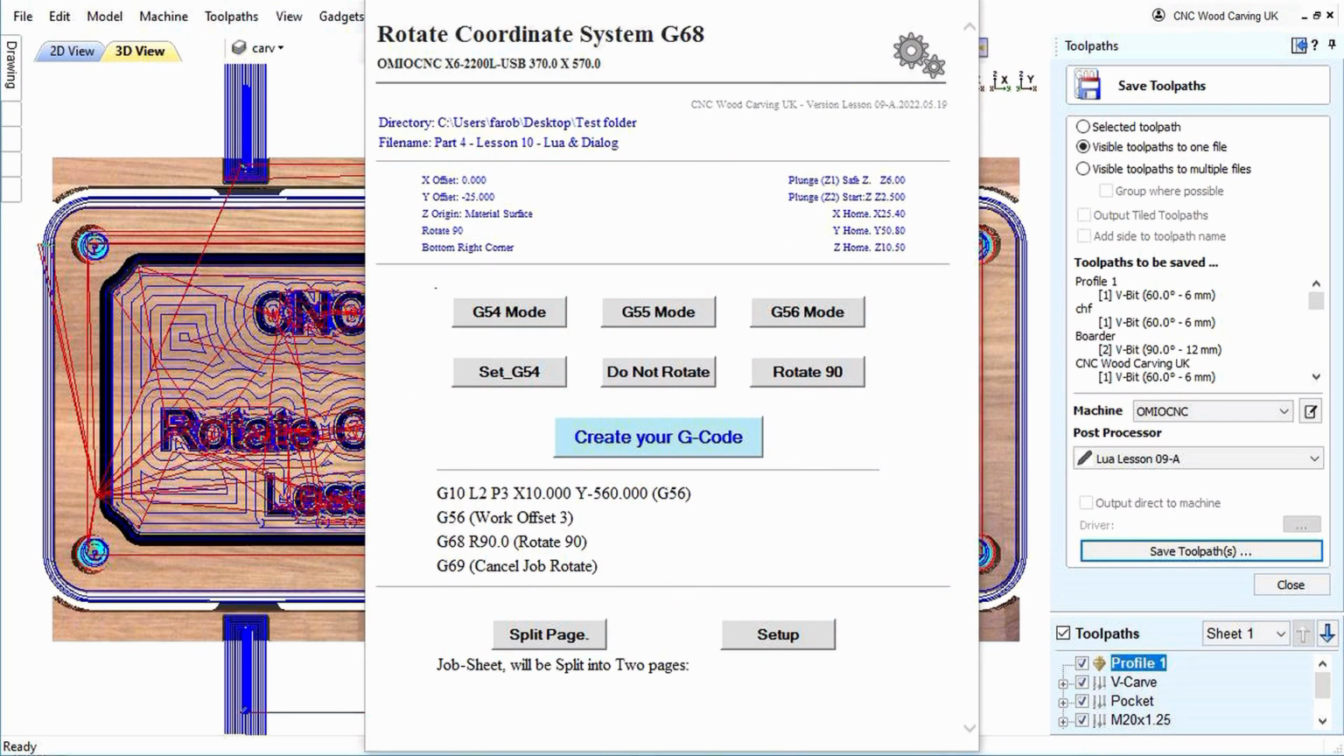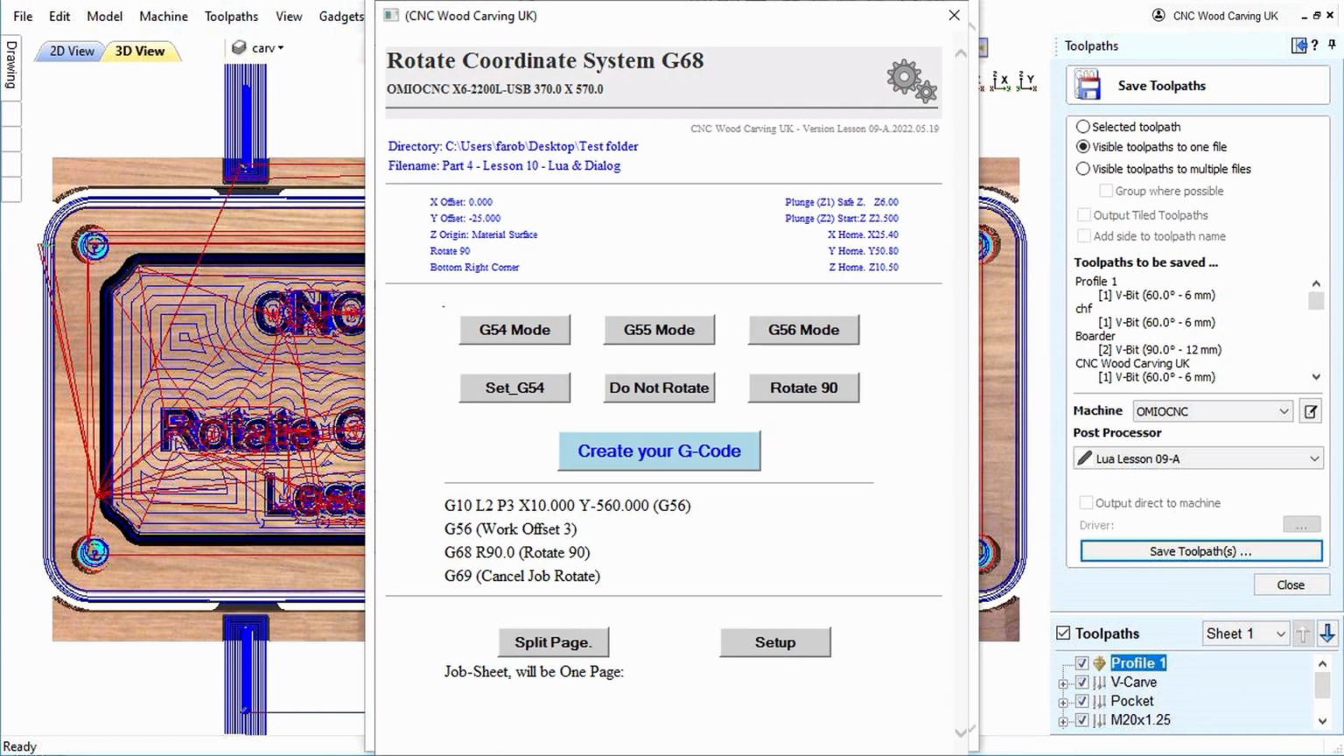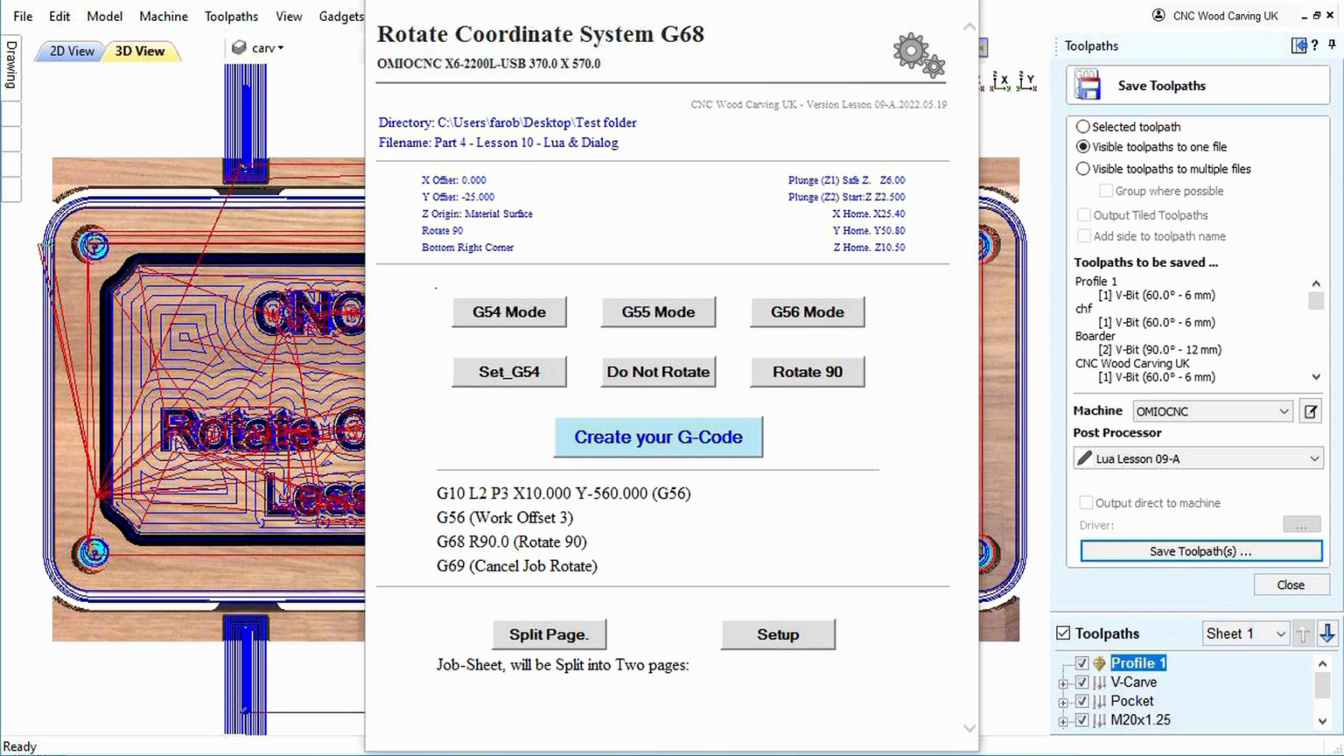A dialog will open. Have a look around, you may be able to work out what it does. At the very top there is the title, or company name, CNC Wood Carving UK. The dialog name, Rotate Coordinate System G68. The CNC the post represents is next, OMIAC